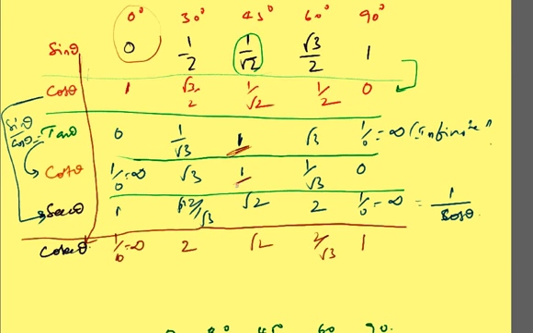In the same way, tan and cot are the same at 45 degrees, and secant and cosecant are the same at 45 degrees. So friends, in one exam the problem is asked like this: if sin theta is equal to cos theta, then what is the value of tan theta? This is a very simple question. You need not get confused about how we can say that when the theta value is not given.